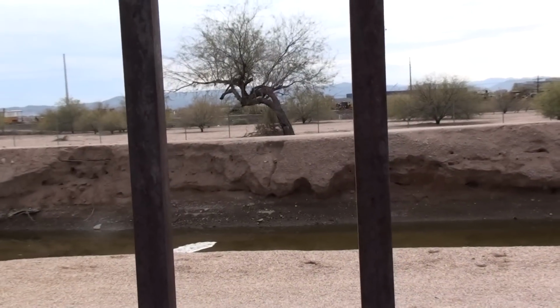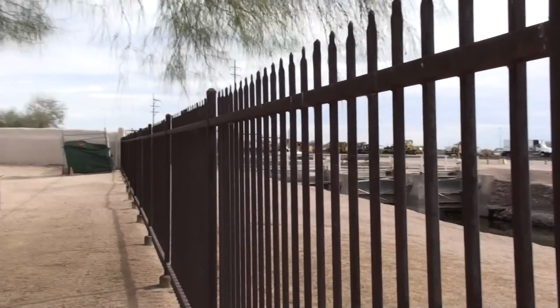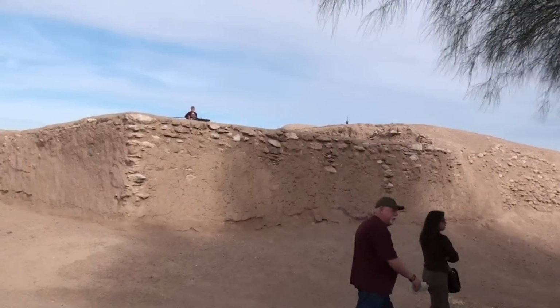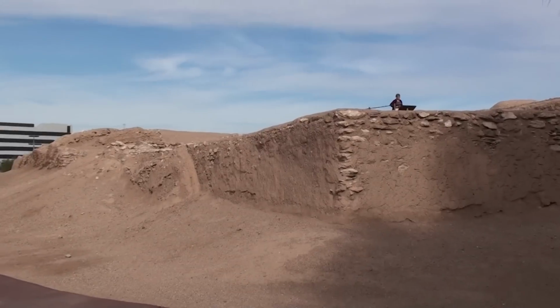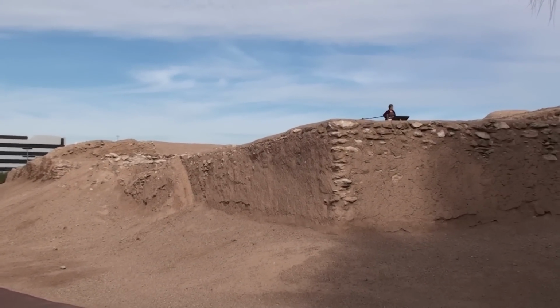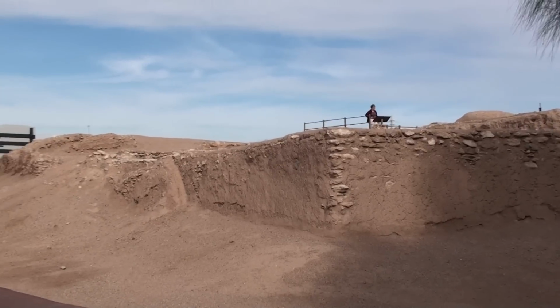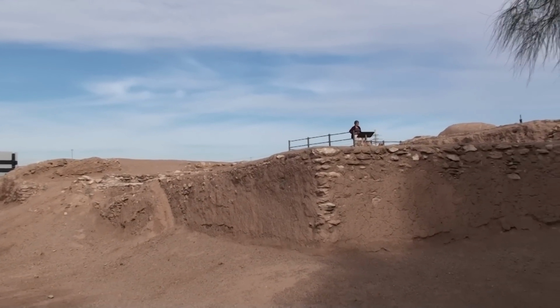Wow, they built. Yeah. Well, I mean, when the first entrepreneurs came to Phoenix, before it was a town, they saw the lines from the Hohokam's canals, and then they advertised this as a farm area because they were able to take the Hohokam